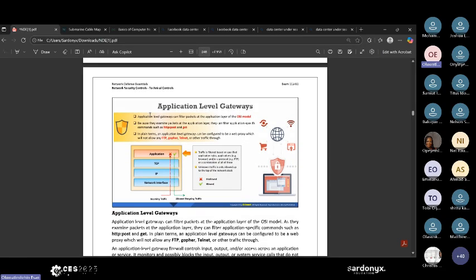They have the application level, which is very, very common. The application level monitors your POST requests and your GET requests. An application level gateway can be configured to be a web proxy also, which will not allow FTP, Gopher, Telnet, SSH, or other traffic through. So those are the application layer. Also, what about the web application firewall? Yes, your WAF is also the application layer. An example is Cloudflare, which works at the application layer. So that's the application level gateway. They deal only with HTTP, HTTPS, and application level protocols.